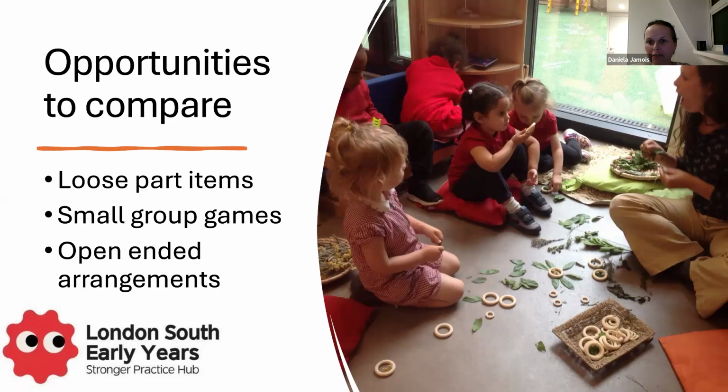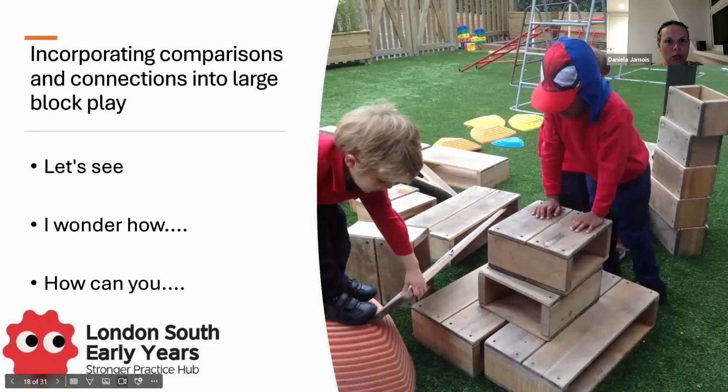You might talk about the different sizes of the leaves or the different sticks that you might have. So those open-ended arrangements will give you lots and lots of opportunities to talk about sameness and difference. You might want to incorporate comparisons and connections into your large block play and talk about,